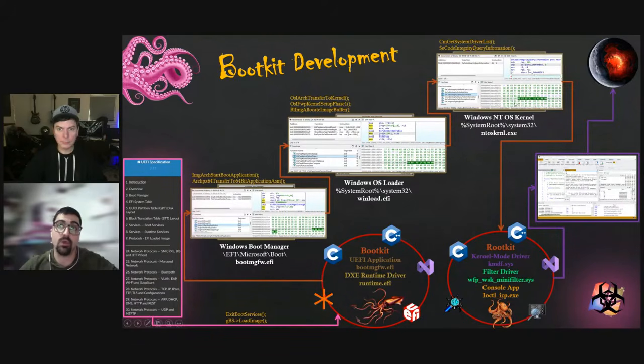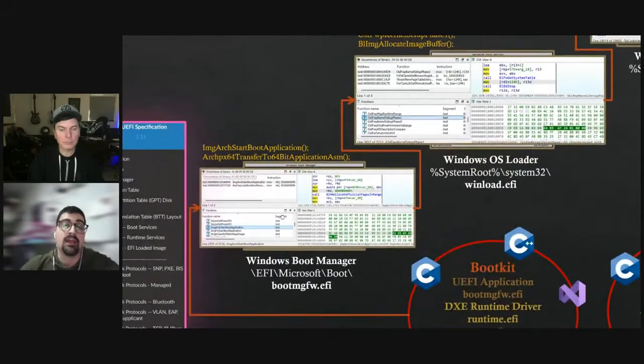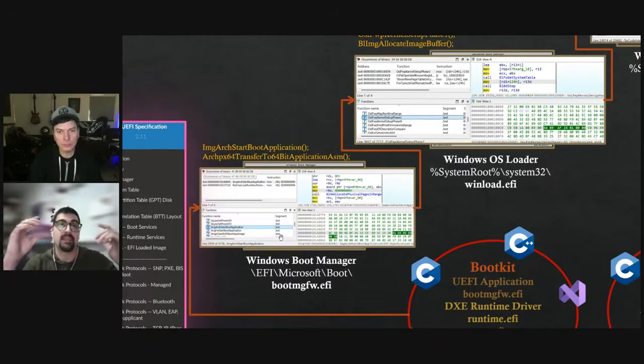Because at this point, when the Windows kernel is loaded in memory, we can disable protection mechanisms and drop our rootkit in memory. So what the UEFI application is going to do is load the Windows Boot Manager in memory, okay? And now every function that is defined in this file is going to be in memory, right? So we're going to locate a specific function like this one that we want to modify,